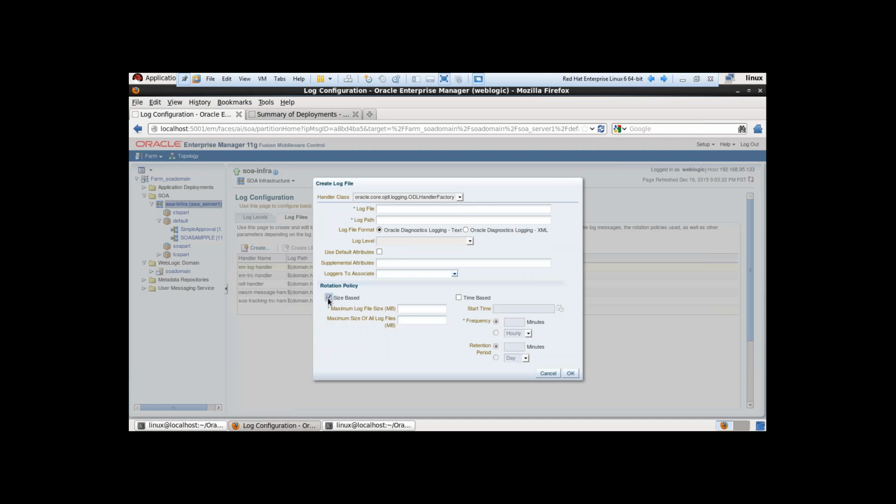Then the rotation policy. Based on the size, by default it will do that. Then based on the time. So this rotation policy depends on the requirement. You can configure the log file like this and click on the save button. So then after that, what I have to do,